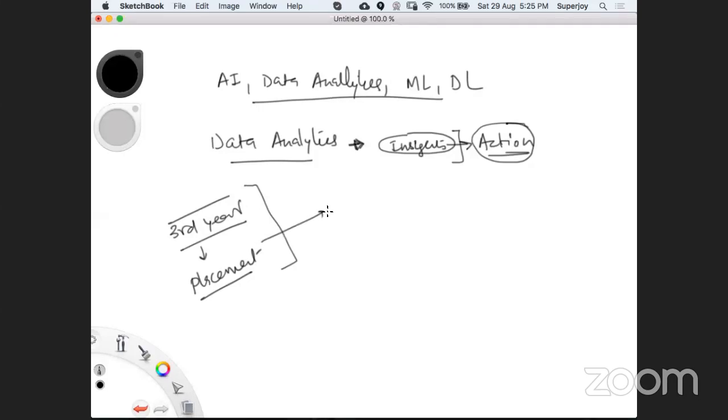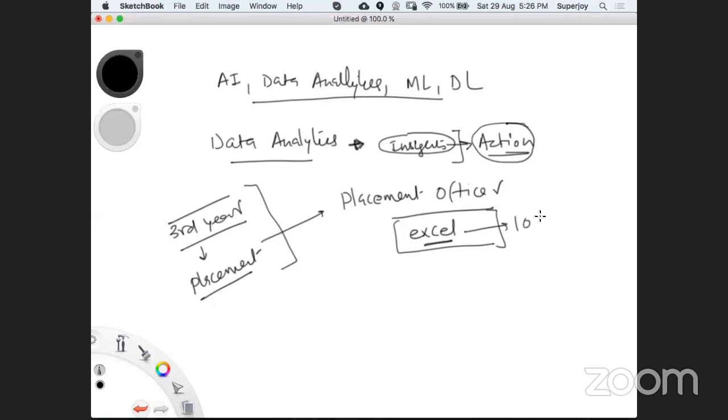Let's say you go to a placement officer, or the faculty who is handling the placement activities, and your placement officer gives you an Excel sheet. And that Excel sheet has the data of the last 10 years of placement information.